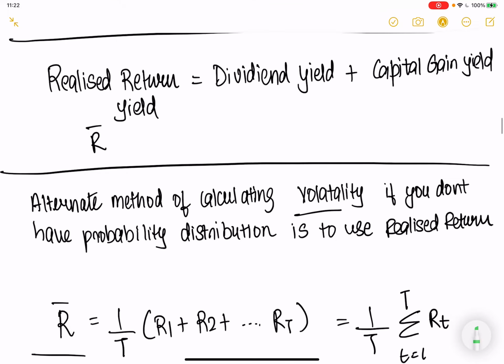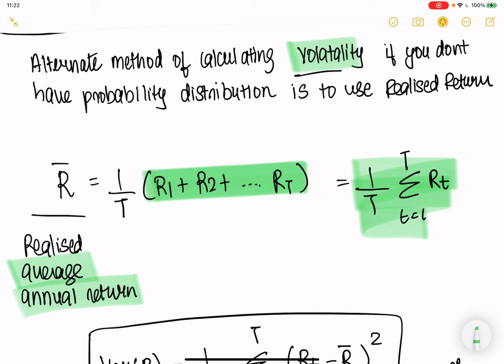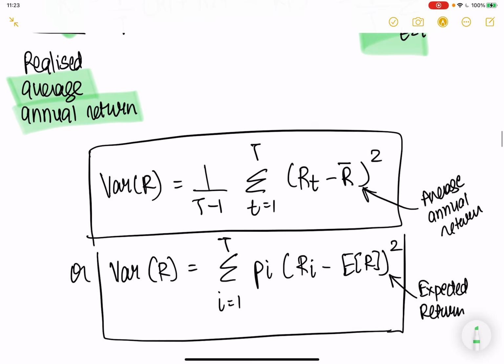There's an alternate way of calculating volatility. You can calculate it by average annual return. So if you have returns over t periods of time, you just calculate the average. When you calculate the average, you get the average realized return. From the average realized return, you can create variance by summing up the return over time t minus the average annual return squared, divided by 1 over t. So this is another way in which you can create variance, and from variance you can create standard deviation, which